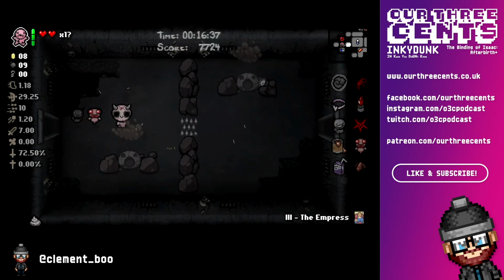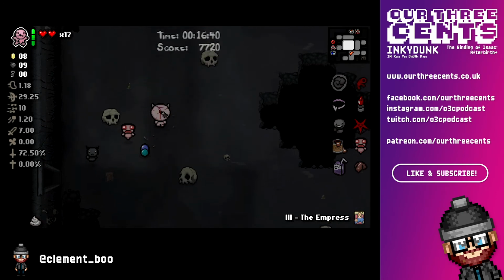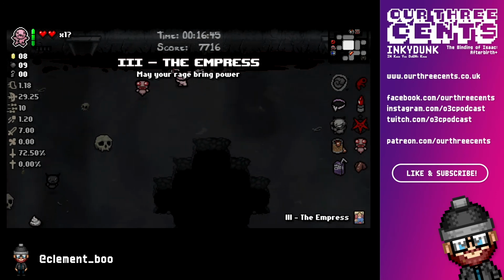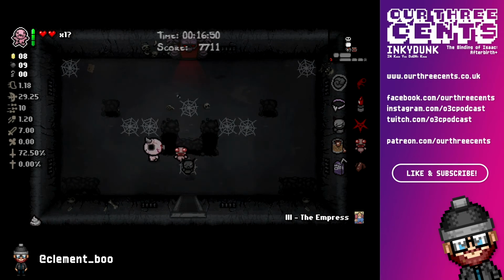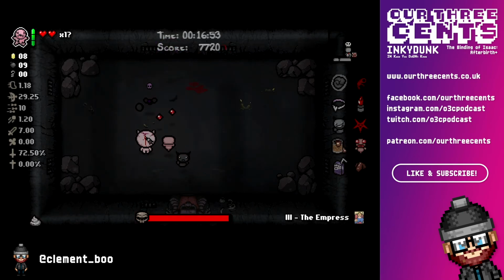I think it was Biznap back in the day who said that if you really hug the wall in that room, I'm drowsy just slows down enemies in that room. Much like the stopwatch does. But yeah, fighting bonies. I think if you